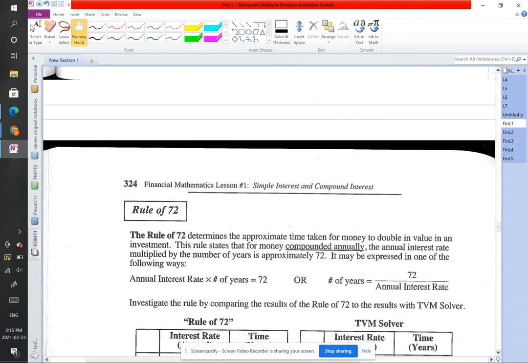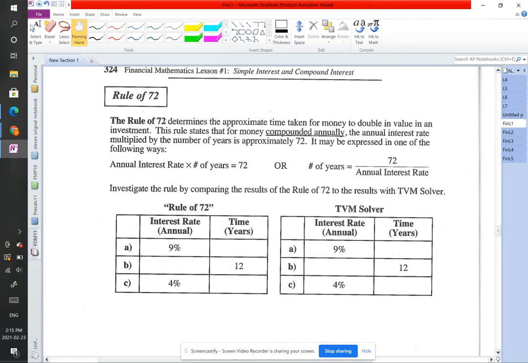So let's look at the rule of 72. And then on this page, we will use our TVM solver. So first of all, what is the rule of 72? I don't know if anyone's ever heard this before, but it determines approximately the time taken for you to double the value of your investment. So we can use the rule of 72. It's like a quick estimation rule, but it